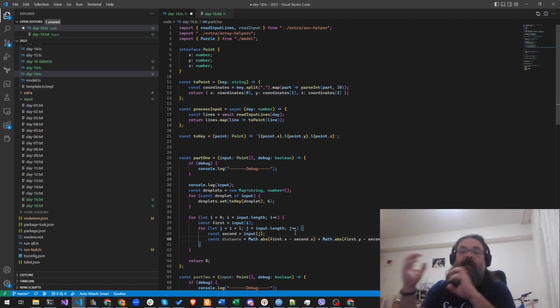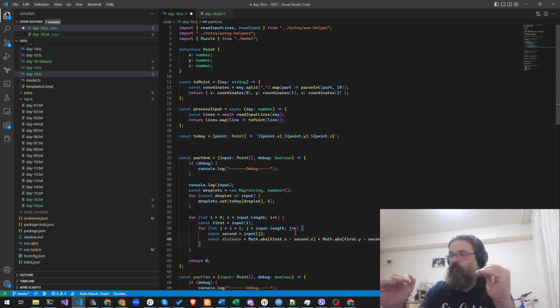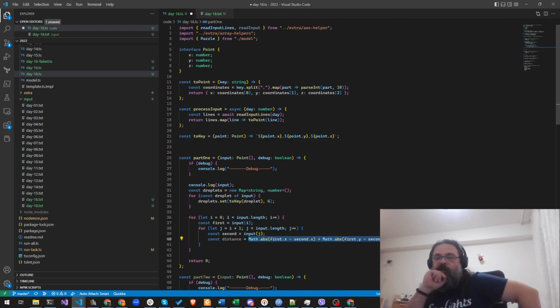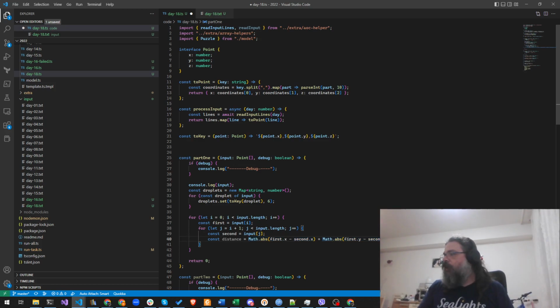If they are next to each other on some axis, they will have a value of 1. What we want to check is that two coordinates are the same and the third coordinate has a difference of 1. We have three parts to this distance calculation, and we need two of them to be 0 and one to be exactly 1, which means that